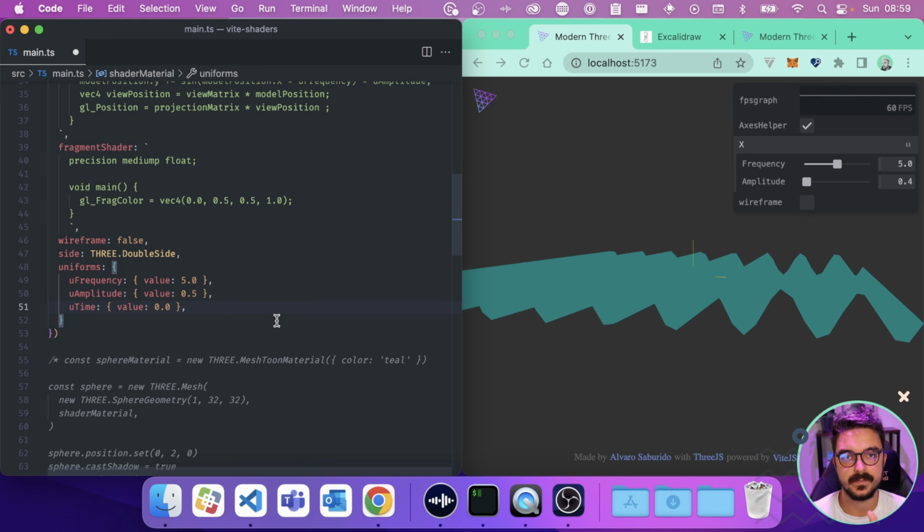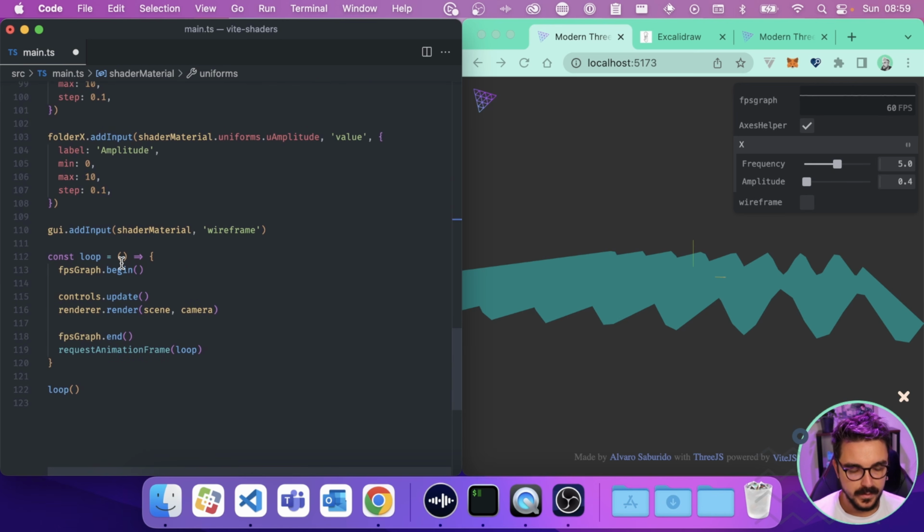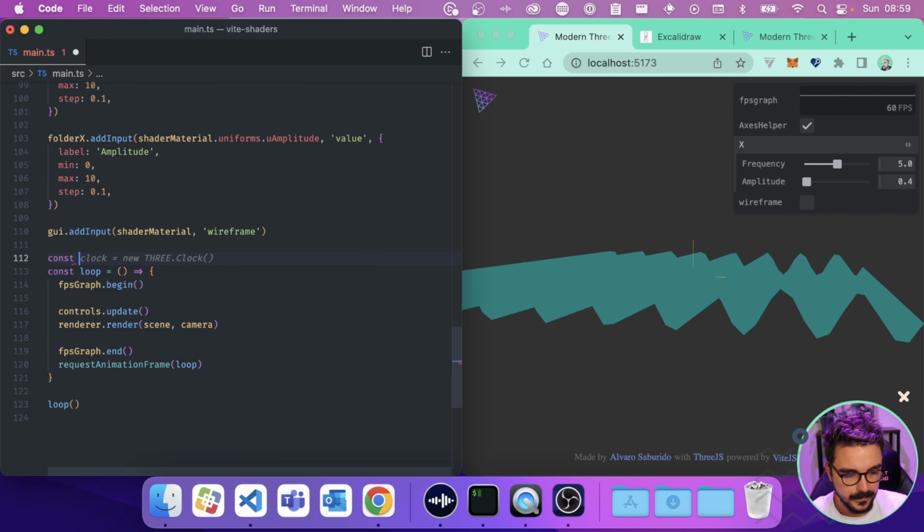So to do that, we can go to the loop, right? Because this is running, every requestAnimationFrame is gonna create another loop. So there is a way on Three.js to actually measure the elapsed time between one and another. So we're gonna use clock.